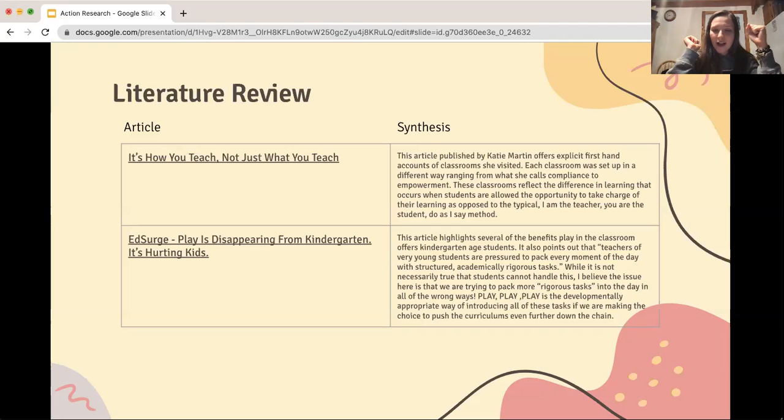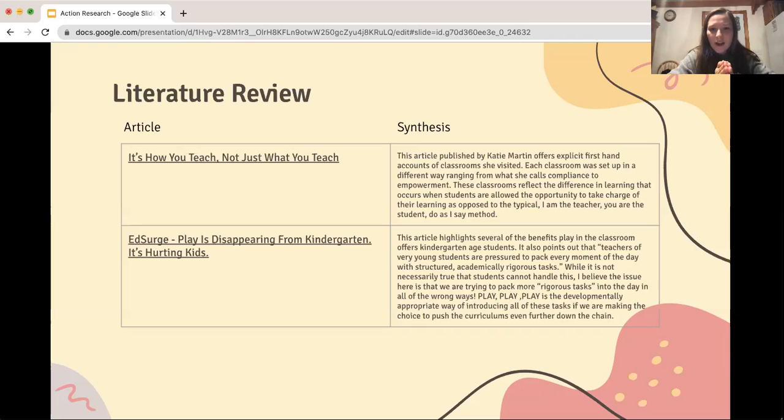In that compliant classroom, you see the typical teacher at the whiteboard. This is the one way to do multiplication. Everybody do it just like this. In the empowerment classroom, though, she saw students who were experimenting at science tables and they were up, moving around. They had easy access to a bunch of materials. And then there was the classroom in the middle, where students were being allowed to explore things, but in a teacher-directed way. It was